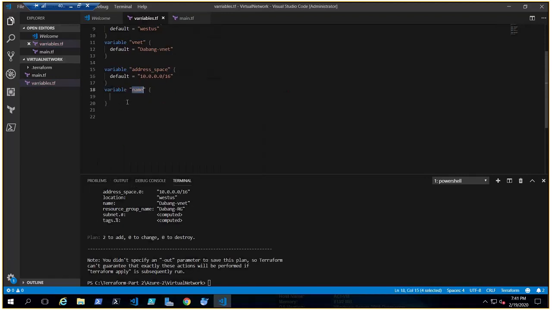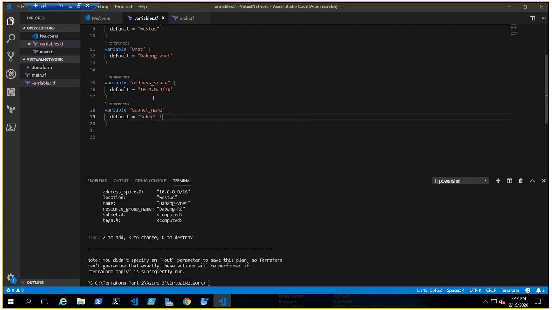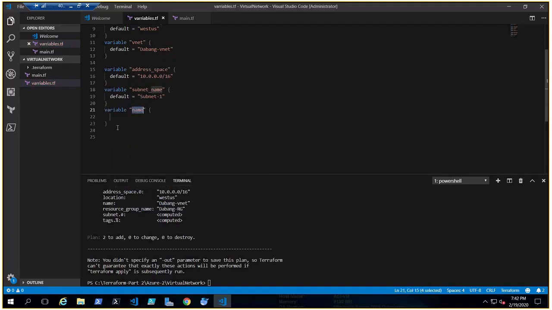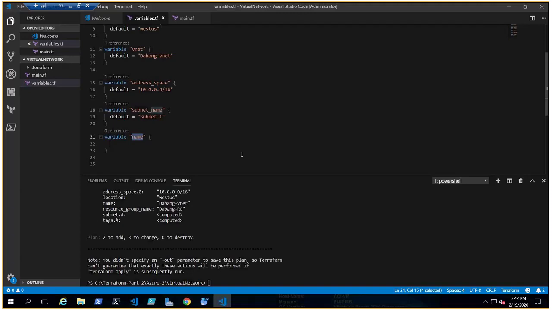Get back here, create variable name subnet underscore name and default value, give it a default value, or let's call it subnet 1. You can call it anything like front end, back end, web subnet, db subnet, anything. So for practice purpose, we are just not getting into the technicality but learning the code. So that's it. And then we had the